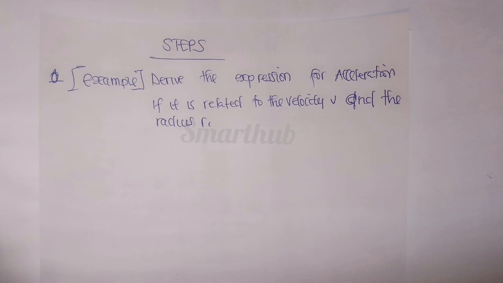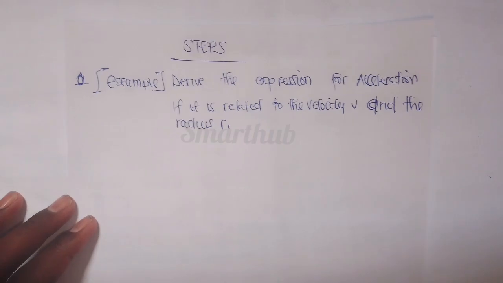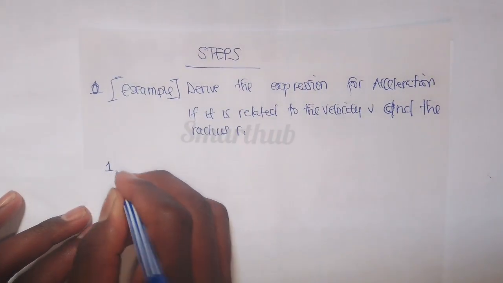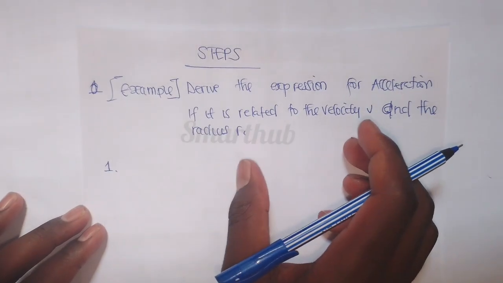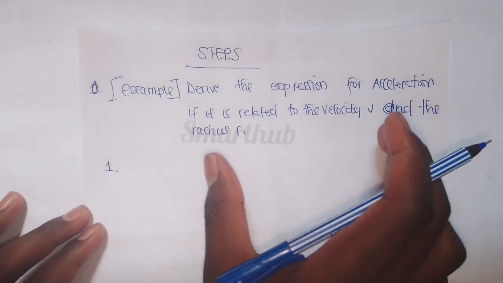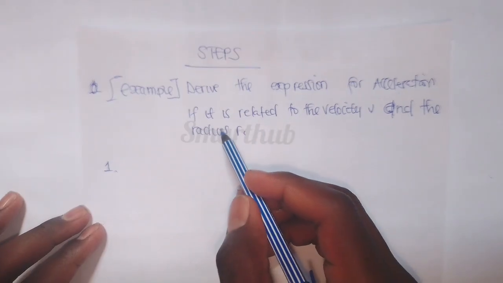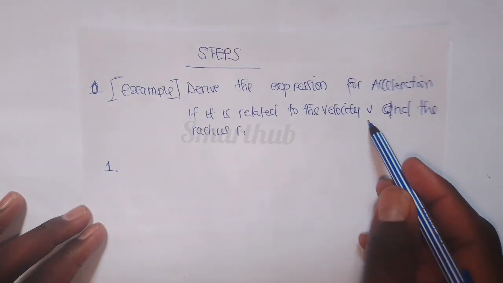Okay, so here is an example. Derive the expression for acceleration if it is related to the velocity v and the radius r. So the first thing,